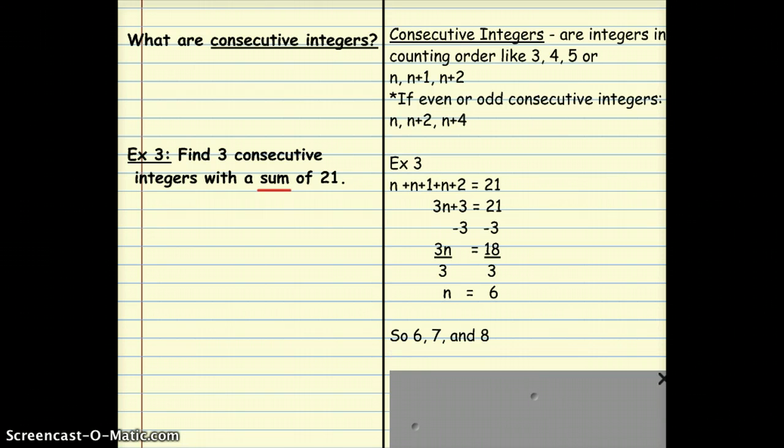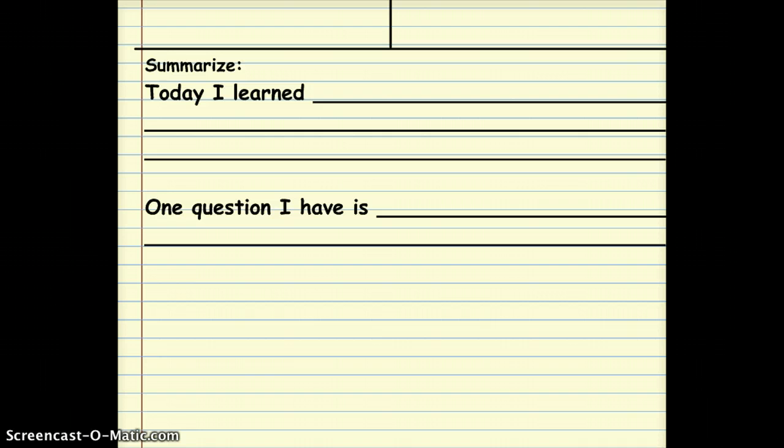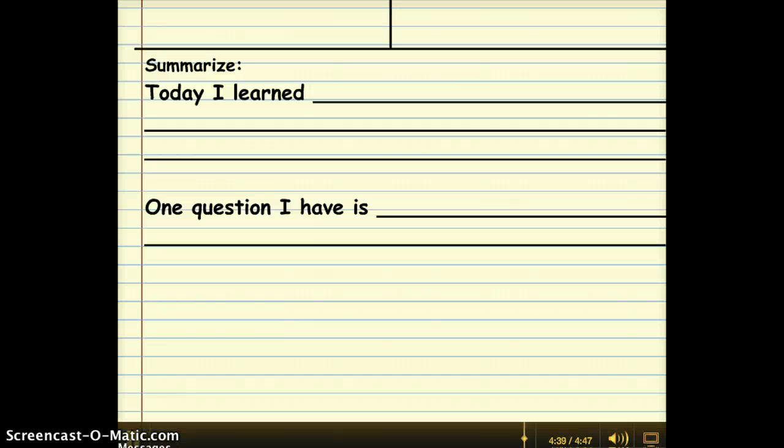Alright, please put your summary of what you learned today. You should have at least one sentence about each type of example with consecutive